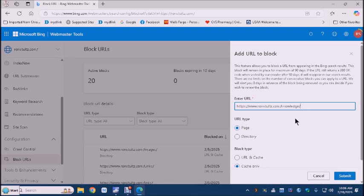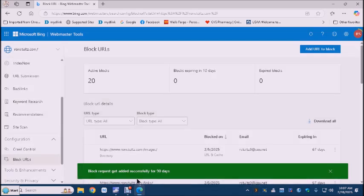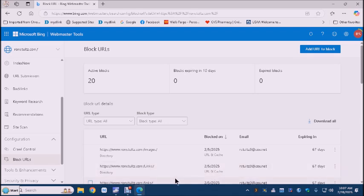I want the block page and the cache removed. And this time I'm using a lowercase k, and if I try to do it, it'd probably say... it says it got added. But I have serious doubts about it,